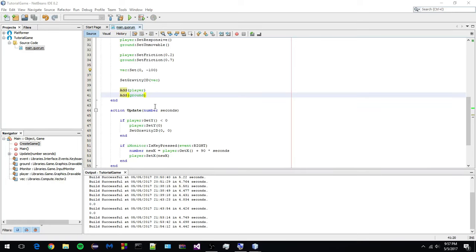So, for example, a restitution of, say, a value of 1 will mean that the bounces will be 1 times the force of the previous bounce, or just the same upward force, whatever you want to think of it as. 0 means that an object will have no bounce whatsoever, and